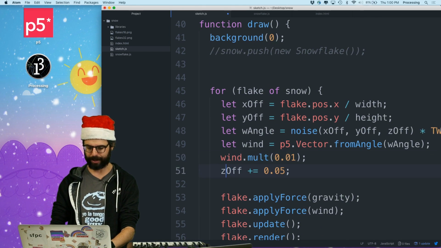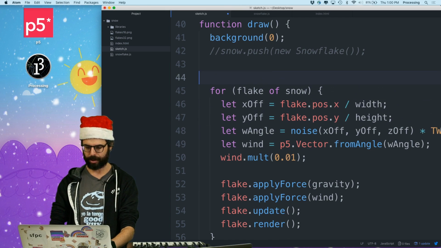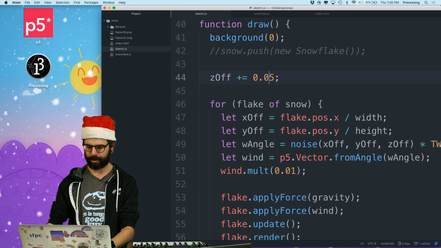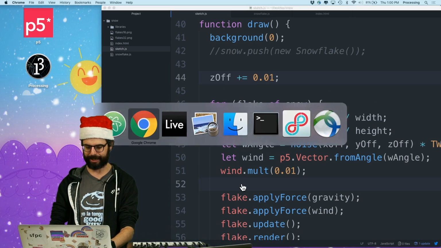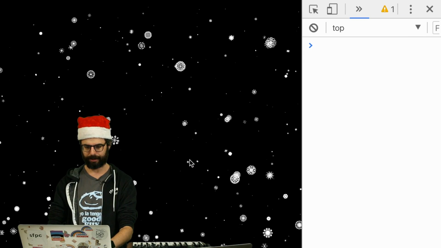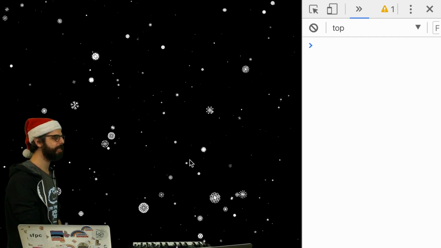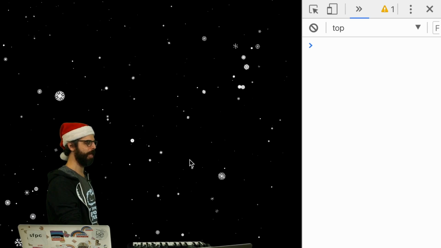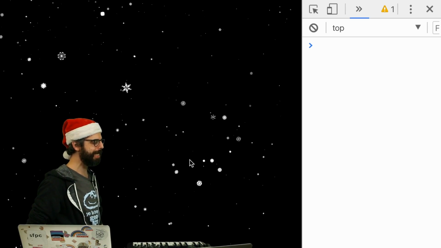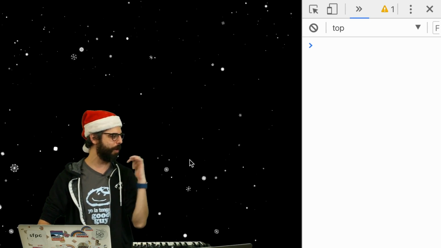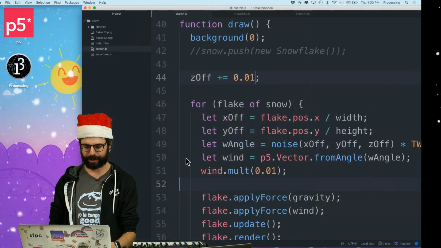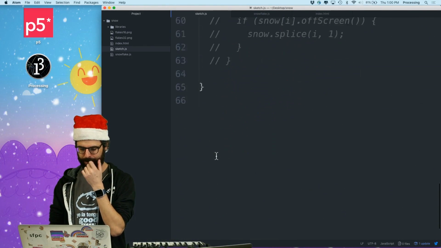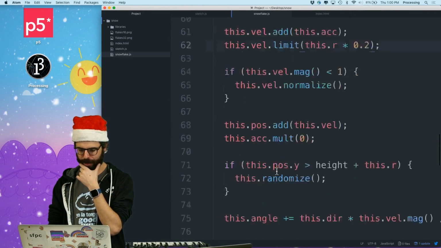And this should not be here anymore. This has to be here. So now what we should get is, there we go. We have a nice flow-fieldy distribution of wind. So that was kind of overly complicated. I think what I'm going to do is when they leave the screen, I've just set them back up to the top. So I think in the Snowflake,